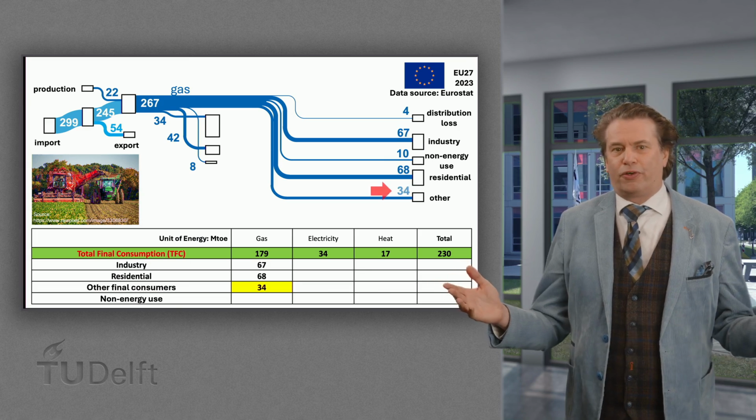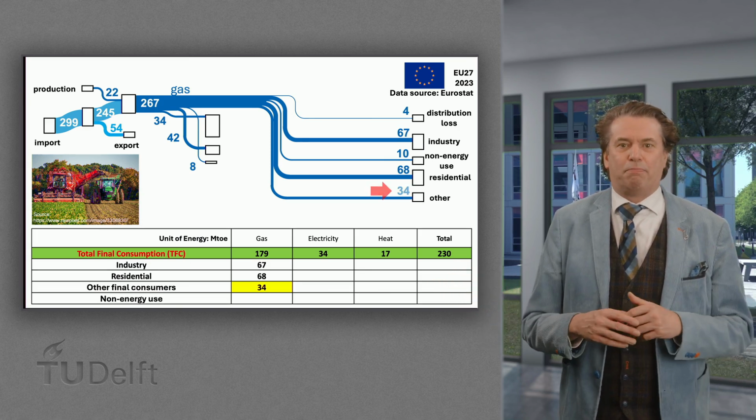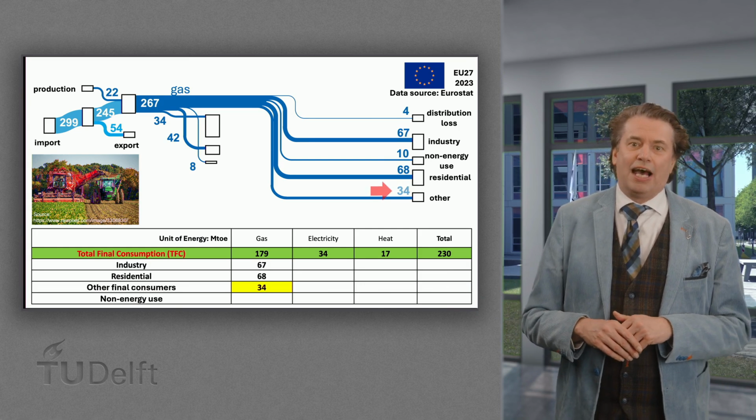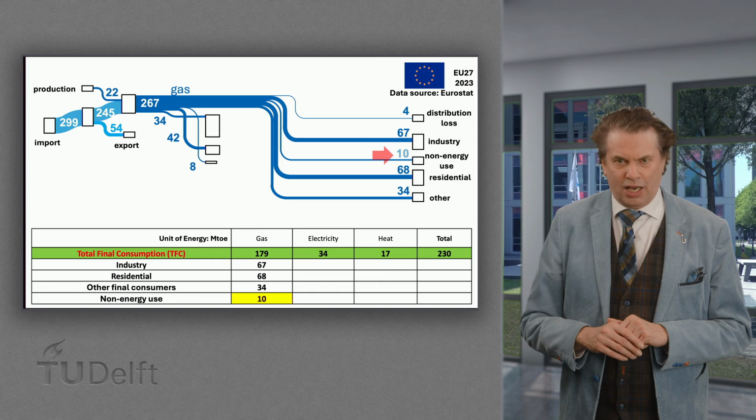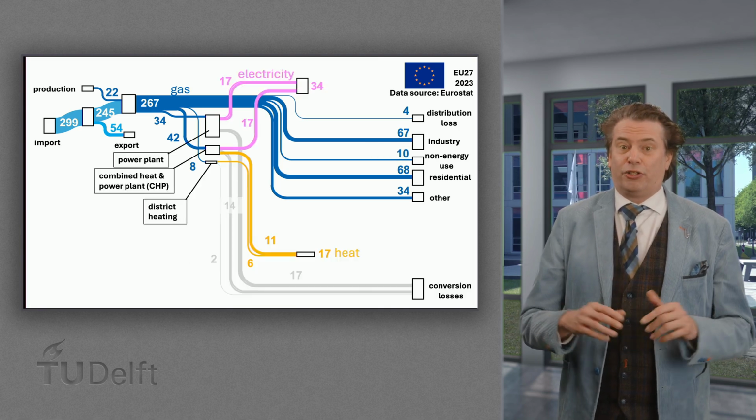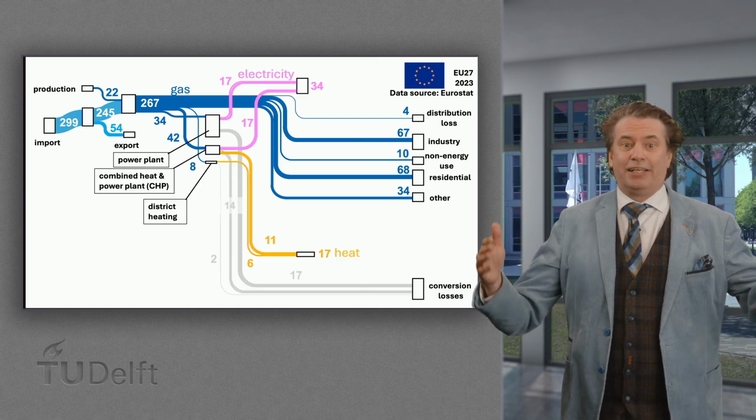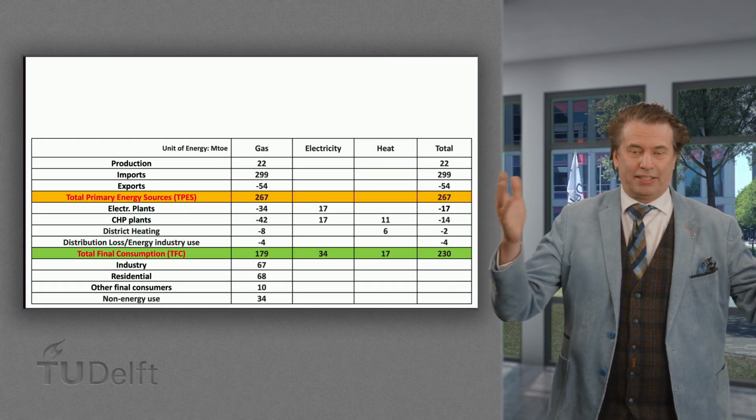The same is valid for the other final consumers with 38 megatons oil equivalent consumption and the non-energy use with a 10 megatons oil equivalent consumption. And now we have constructed, using this Sankey diagram, the energy balance related to